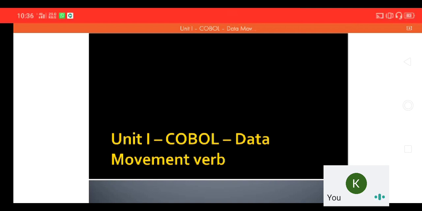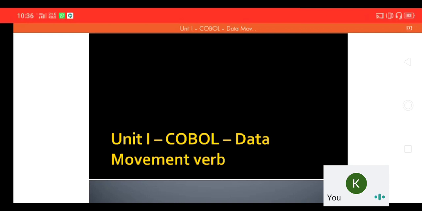It works similar to editing. In editing, what did we perform? You have two picture classes, and we separate them using two columns, and then we check what the value is before editing and what the value is after editing. Similarly here we have those tables: what is the value before using the move verb, and what is the value after using the move verb.